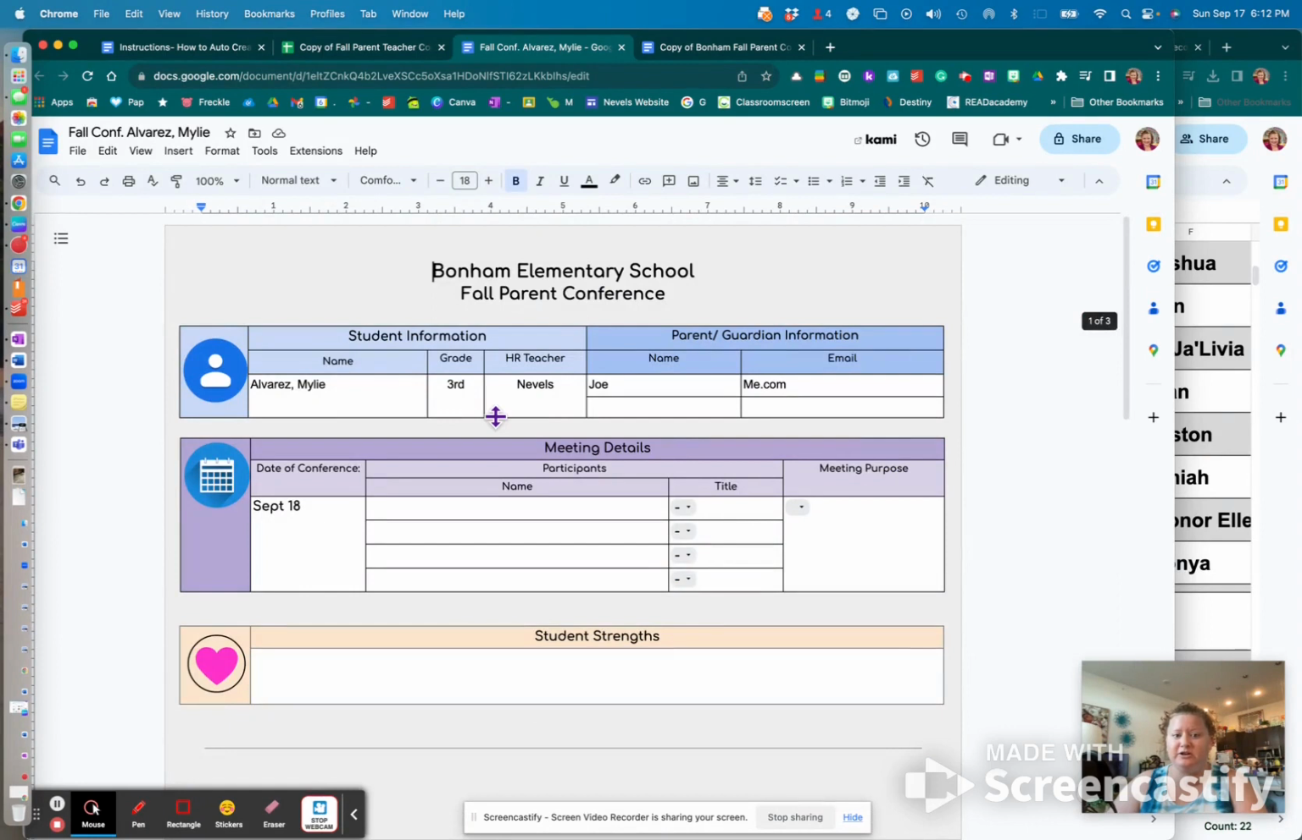So now all I need to do is share this with my team, share it with whoever I want to share it with. You may or may not want to share it with the parent. You might want to just share it with your team and then share selected information with the parent. But